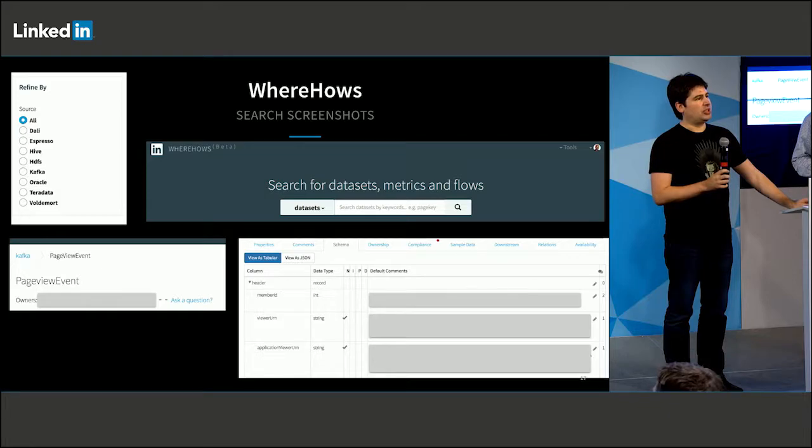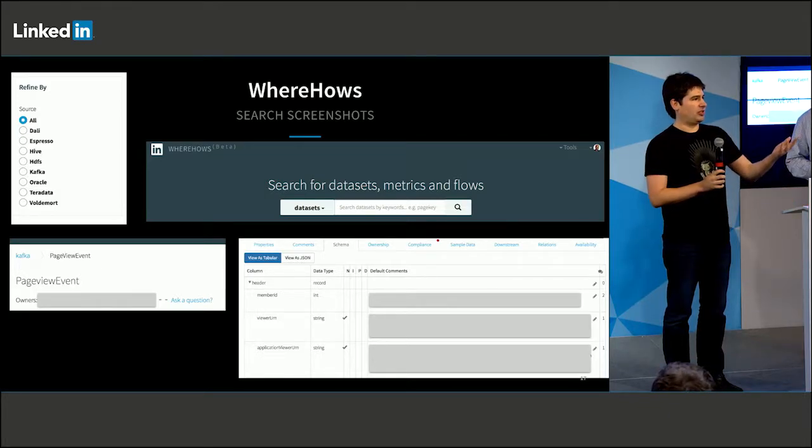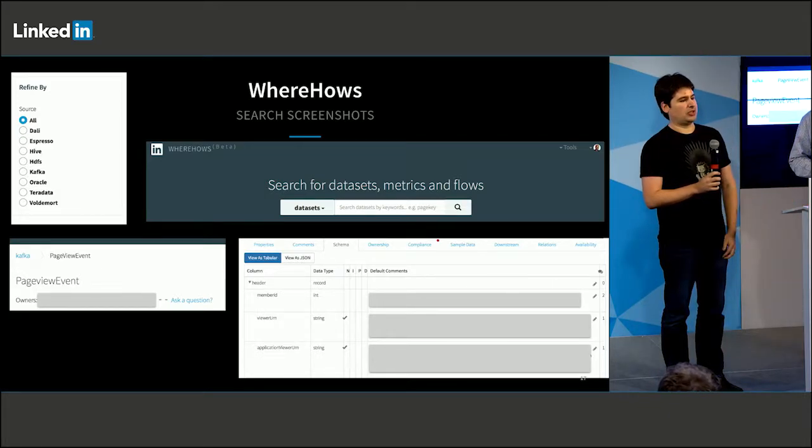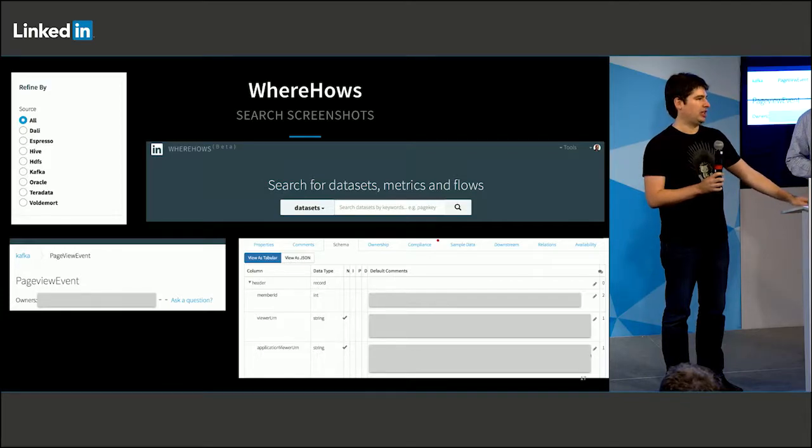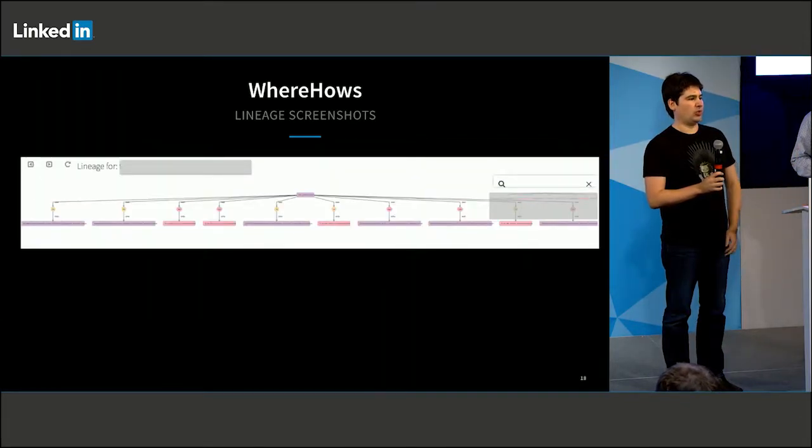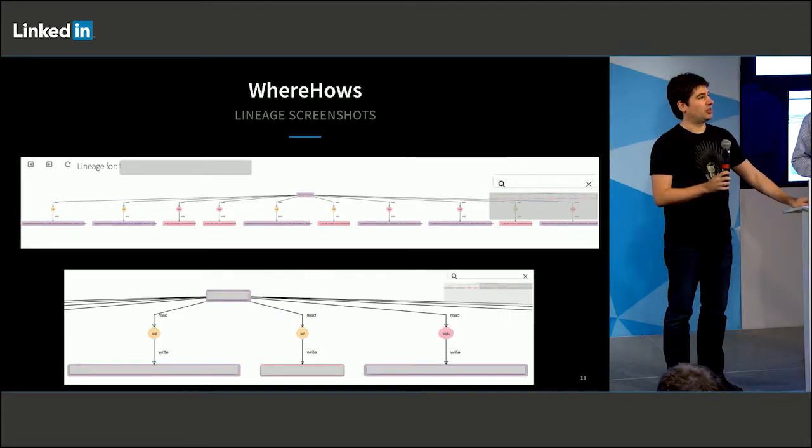So you can see a few screenshots, but essentially we index a bunch of data sets, and we also provide metadata on top of those sets. So for example, Warehouse can go in and figure out what is the schema of this data set, what's some documentation associated with it. We talk about data lineage, so where does a data set come from, who reads it to produce other data sets, things like that. Sorry, these screenshots are really small.